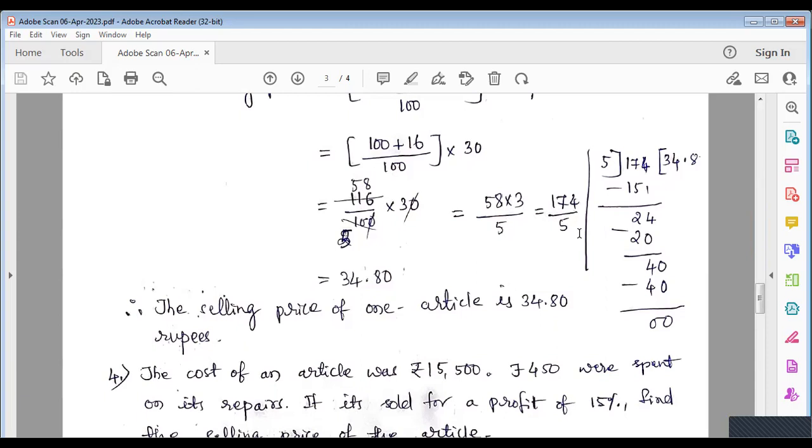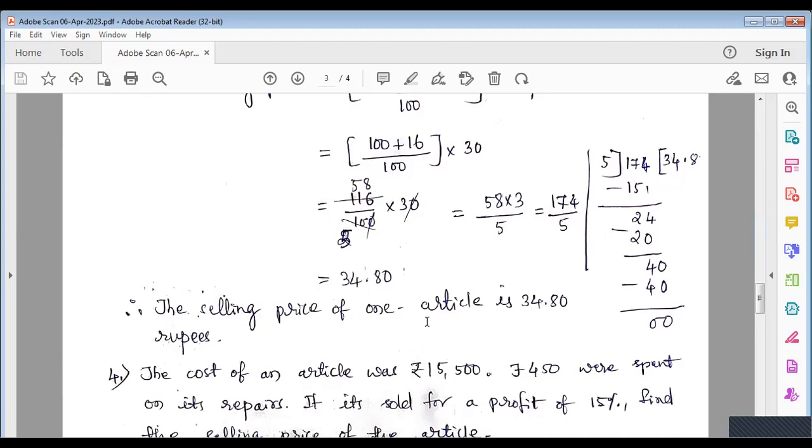58 into 3 is 174, and 174 divided by 5. Since 5 doesn't go into it evenly, you have to calculate in this way. I have shown how to divide 174 by 5 here. So we are getting 34.8 as the answer, and the remainder is 0. So 174 divided by 5 is 34.8. That means the selling price of one article is